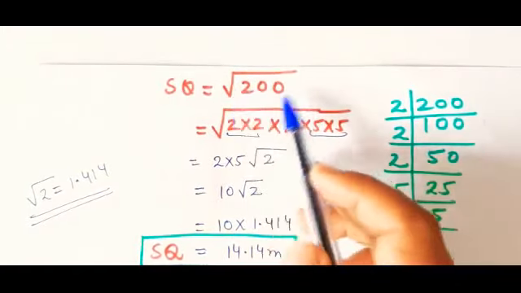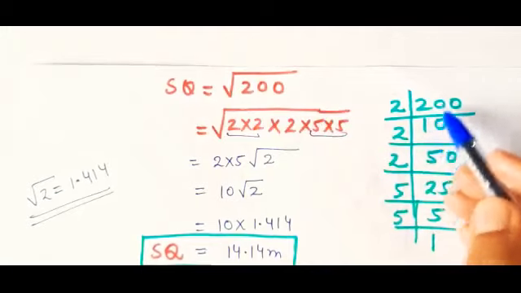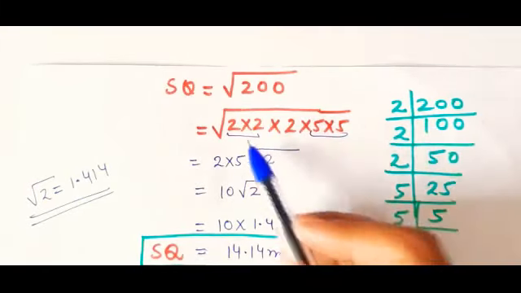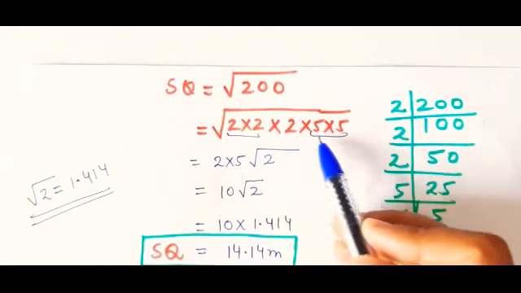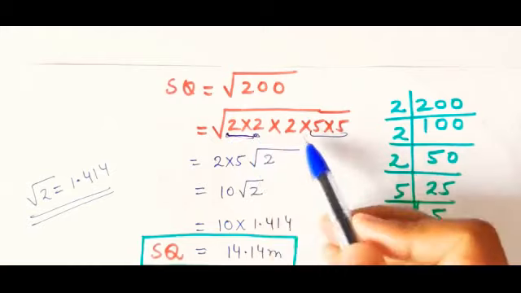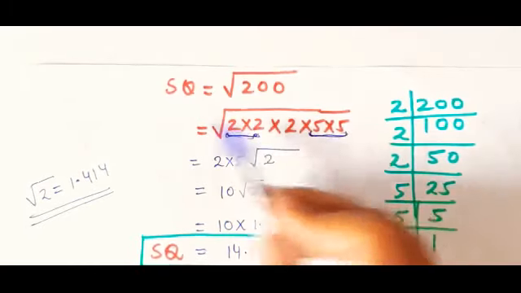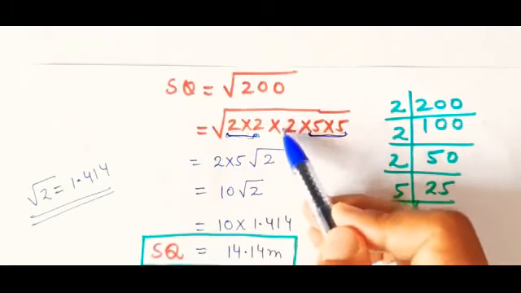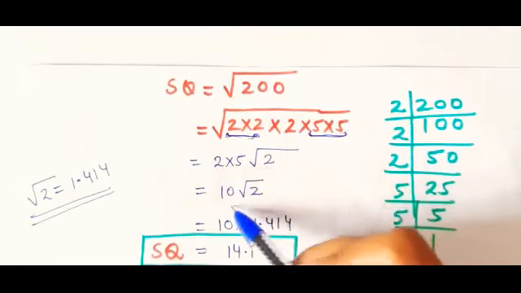Now you need to calculate the under root of 200. So you can apply this method. Divide and find the simplest form. So it will be 2 into 2 into 2 into 5 into 5. So these two, one time common. Again 5, one time common. So take 2 outside, take 5 outside. So 2 into 5, 10. And what is remaining inside? That is 2. So 10 root 2.